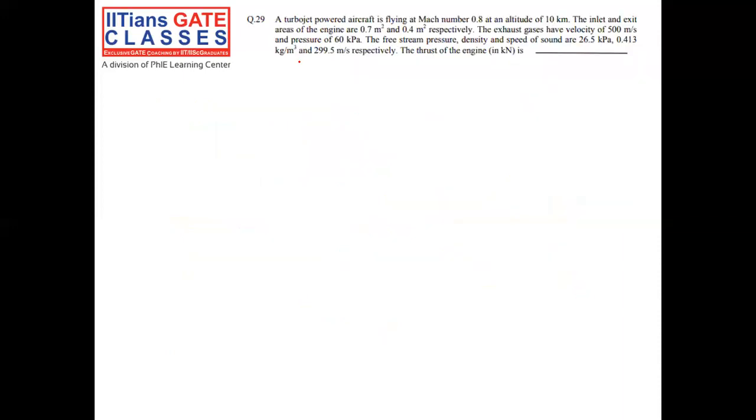Next question. A turbojet powered aircraft is flying at Mach number 0.8 at an altitude of 10 km. The inlet and exit areas of the engine are 0.7 meter square and 0.4 meter square respectively. The exhaust gases have velocity of 500 meter per second and pressure of 60 kilopascal. The free stream pressure, density, and speed of sound are this respectively, and then what will be the thrust of the engine. Okay,